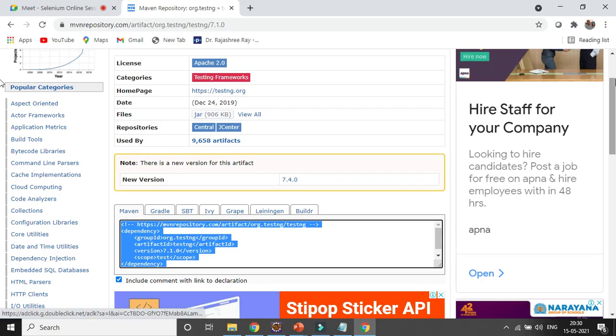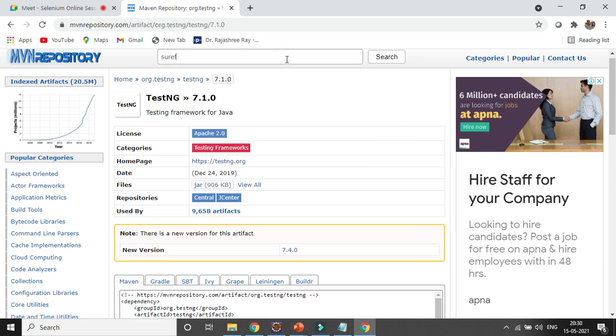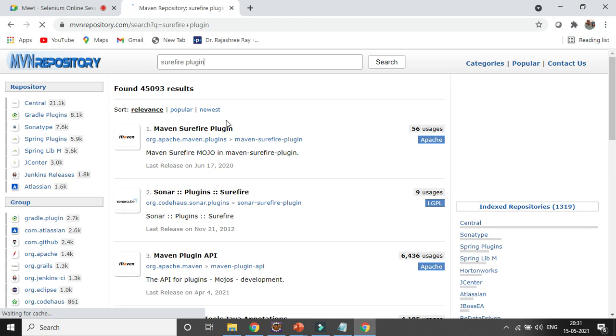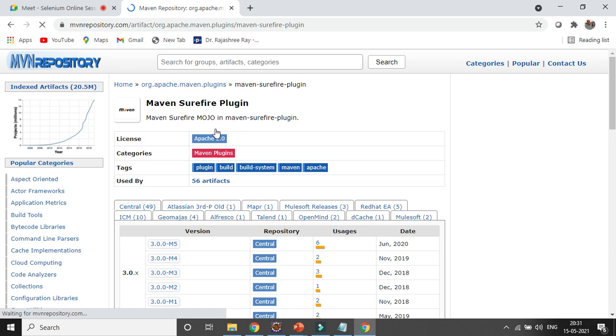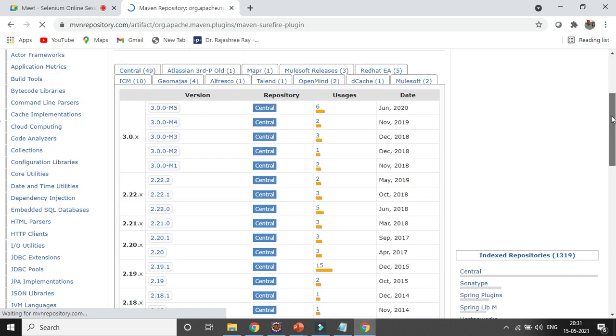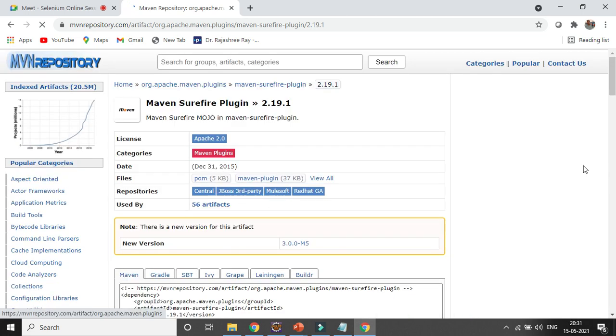Let's try to type here Surefire plugin. Let's see whether it's there or not. Yeah, Maven Surefire plugin. So we need to add the Surefire plugin. To run it from the testng.xml file, we can add it for that one. So that kind of stuff I can add.